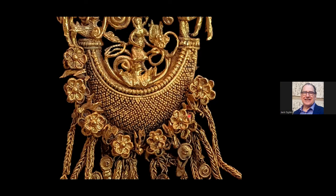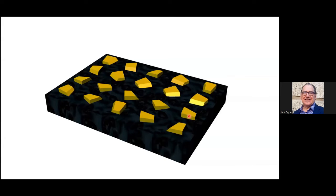Okay. The secret to granulation is this copper salt. The actual granulation itself is not really that special. It's fiddly, but it's not that special. To make grains is quite easy. You cut little bits of gold using a little chisel or something, and you heat them up,